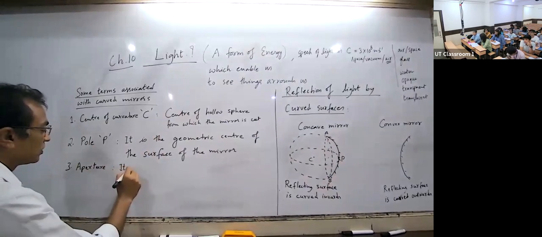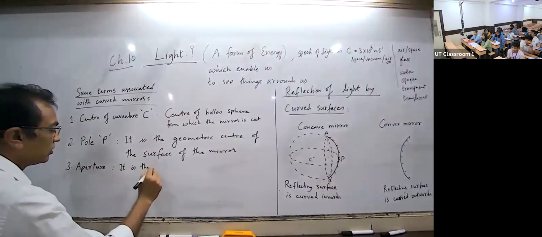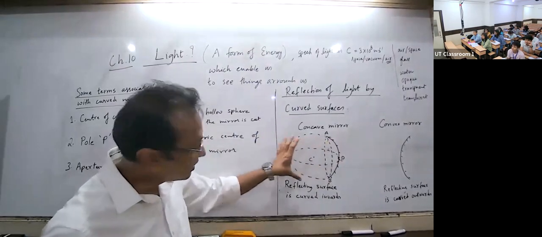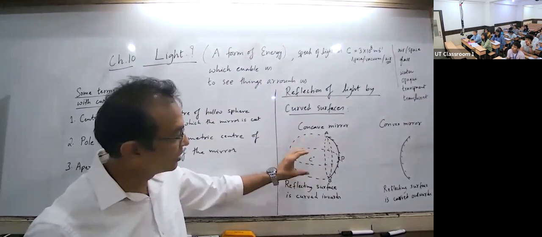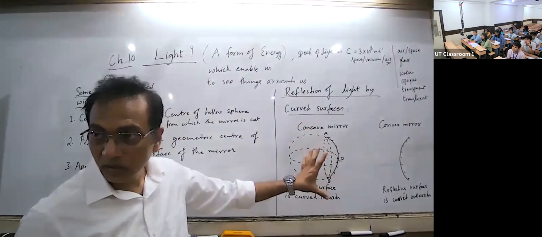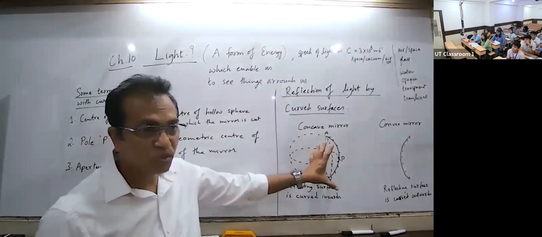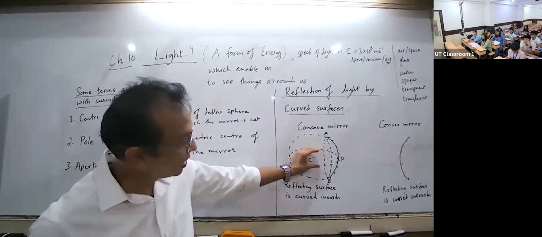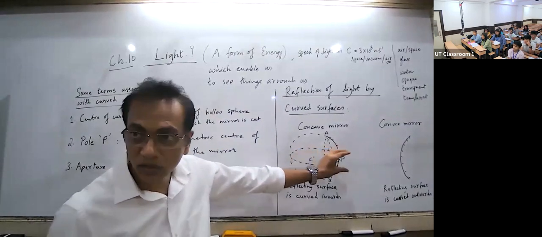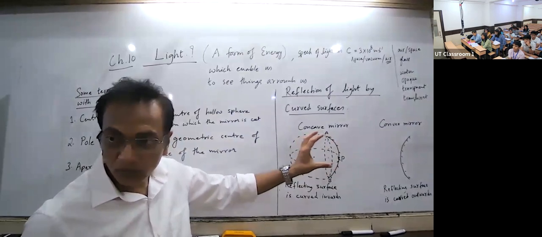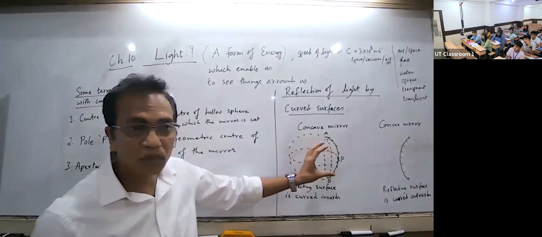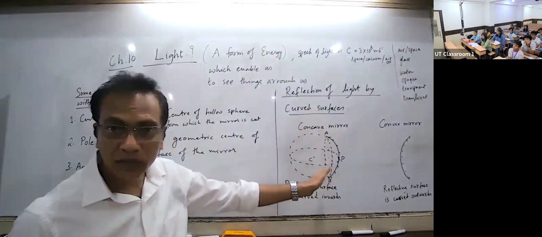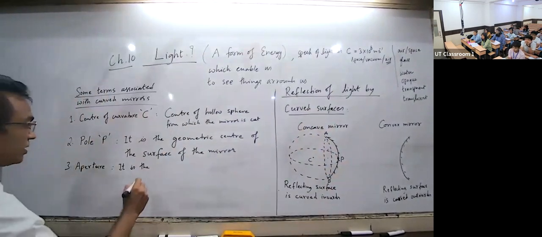So what does it mean? The incident light cannot be more than the aperture. It is the exposure. Suppose the glass has only this much aperture. Light will be incident only through that aperture. So it is the window which allows how much portion of the mirror will be exposed. It is the horizontal thing, right? So it is the diameter